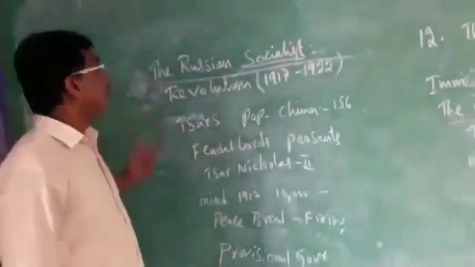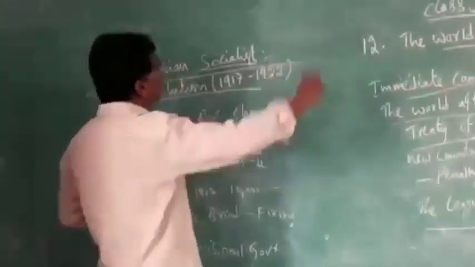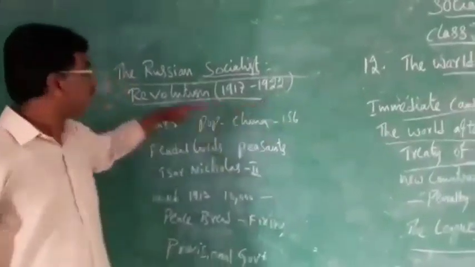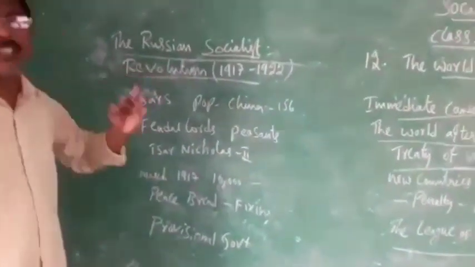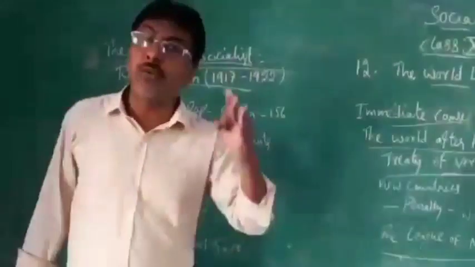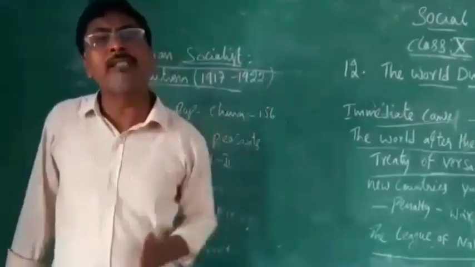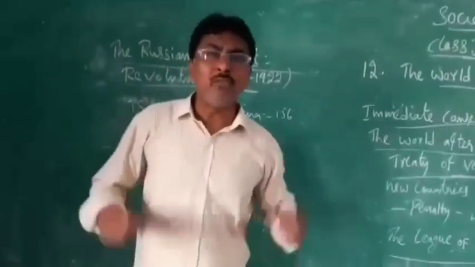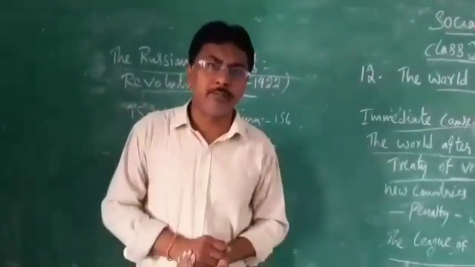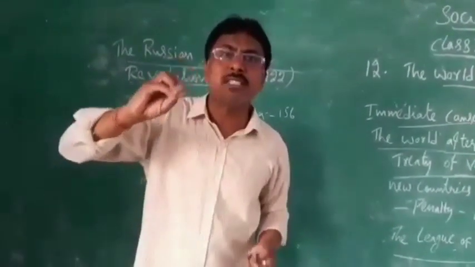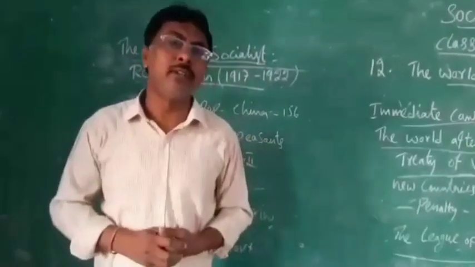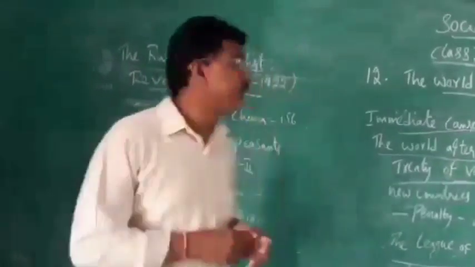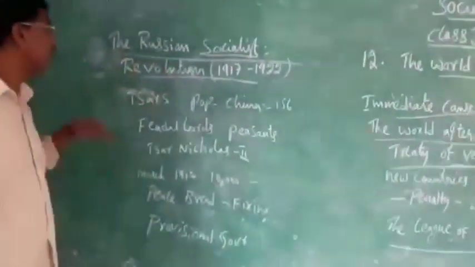And next you see, the revolution happened in 1917 and ended in 1922. The Russian Revolution is a very important one, and you should know at least the date. In all the exams, in the group exams, everywhere they will ask this. When was the Russian Revolution started? The Russian Revolution started in 1917. Listen here, the Russian Revolution happened in 1917.